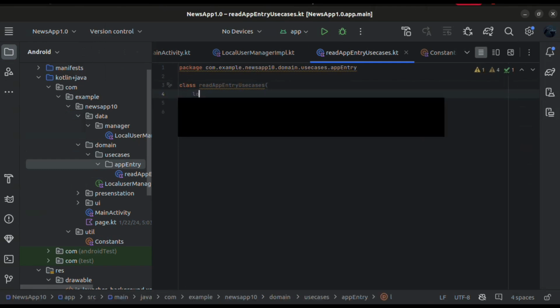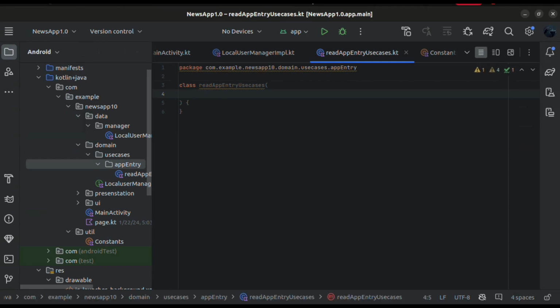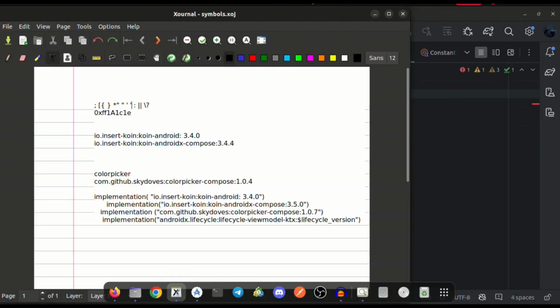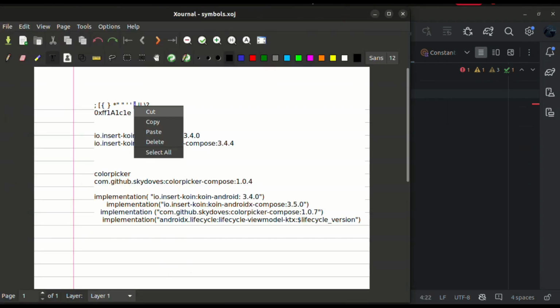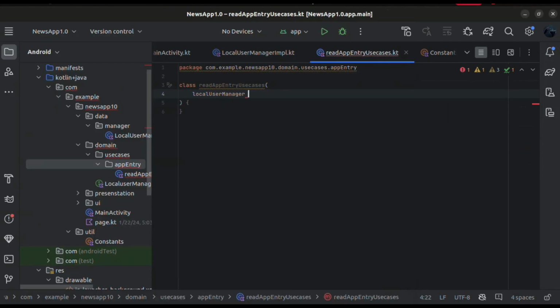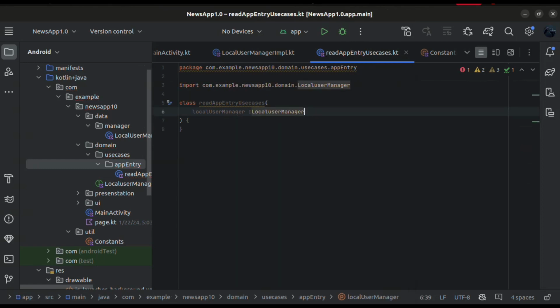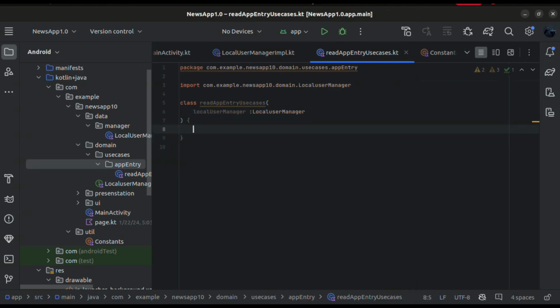Okay, so what we need over here is we need to call our local user manager here, because we are going to use, in the next video we will explain what Dagger Hilt is. We are going to pass a parameter, we are going to pass a feature to our parameters, then we'll be using it over here. So I think I've missed, yeah, so this. Then whenever the person